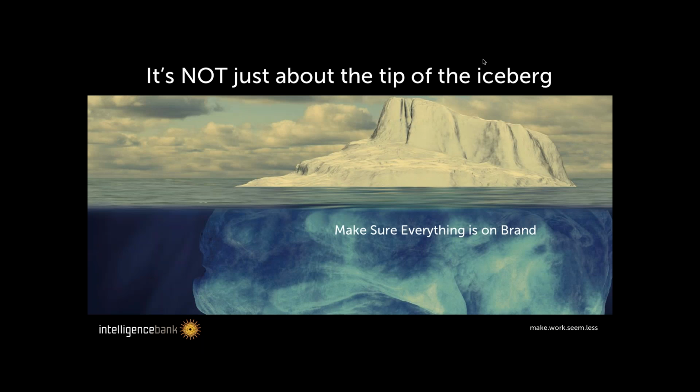So a lesson that I've recently relearned from one of our big banking clients is that good branding and brand consistency isn't just about the tip of the iceberg. When you're thinking about branding, if you're paying a tier one agency lots of money to make amazing, beautiful advertising with high production values, creating quality brand messages is very easy. I guess what's hard to achieve is brand consistency